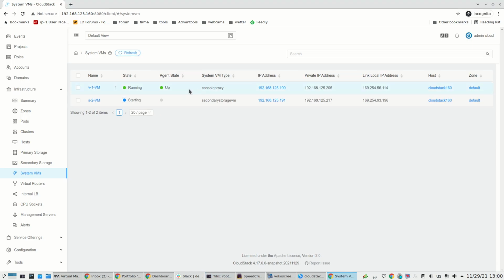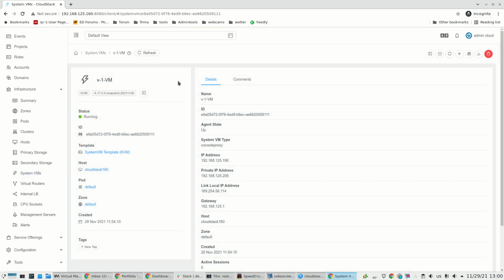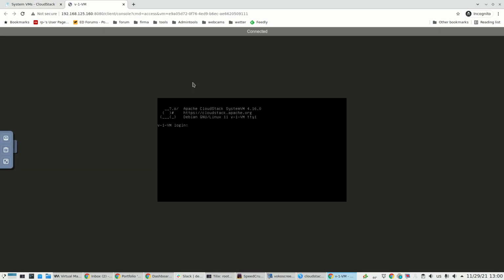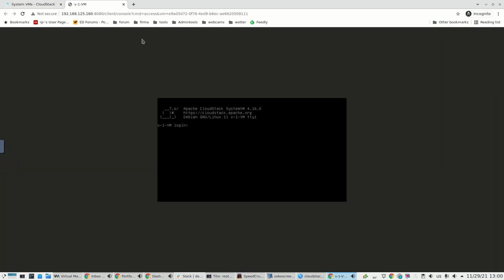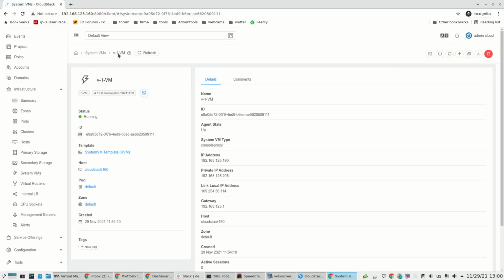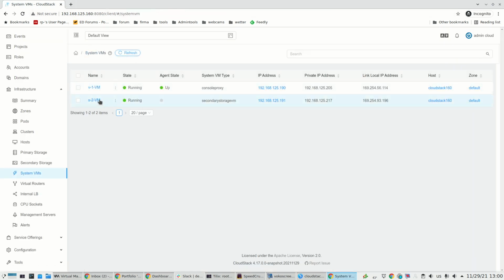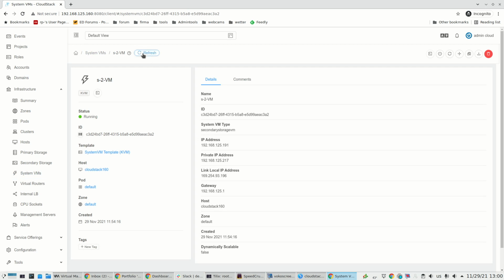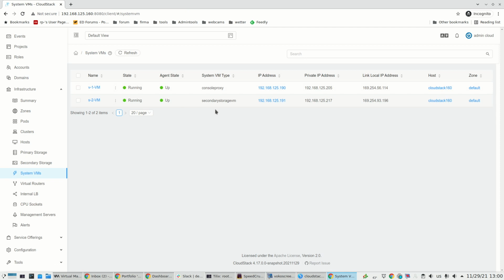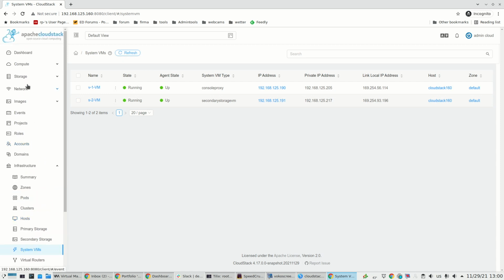And finally, the console proxy is running. Perfect. Also, the secondary storage virtual machine is running now. Perfect. And what we could do now is